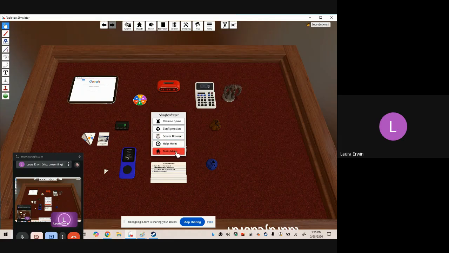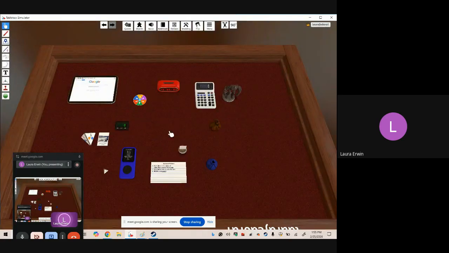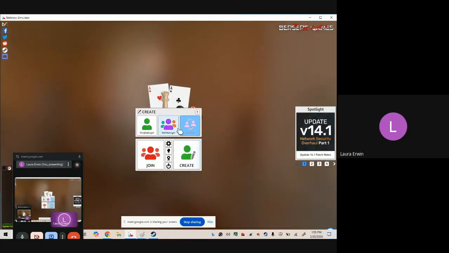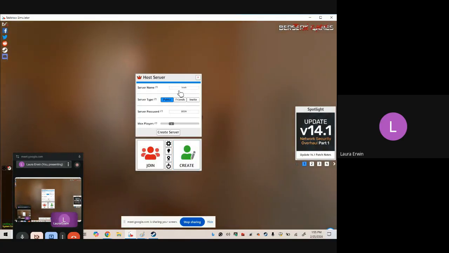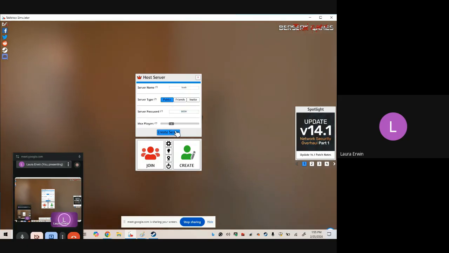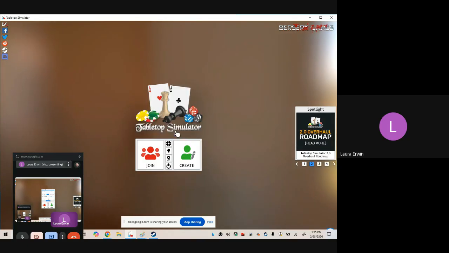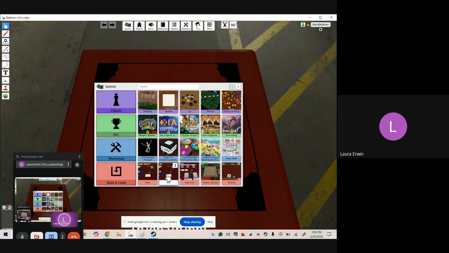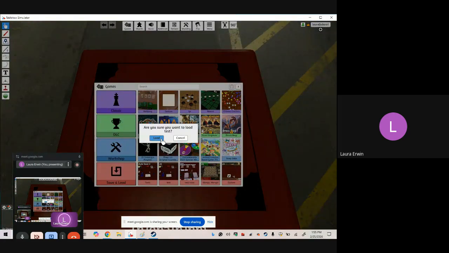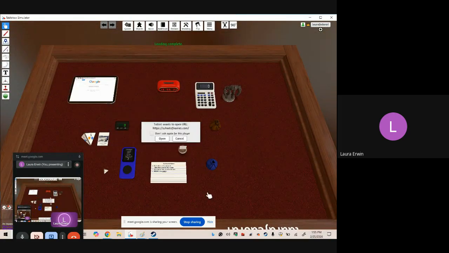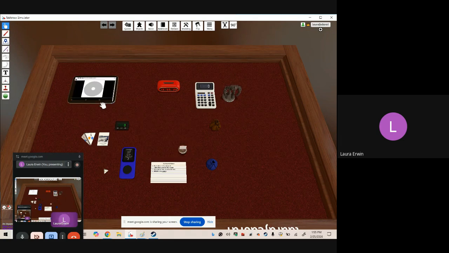But if you're just trying to play with friends, we can go back to that main menu, and we can create a multiplayer game. Now, my server name is book. I've set it for public. My server password is book, and I set a max players to it. I can create a server, add in any game I want. So I'm going to add in my test game. And this is very cool, though. Honestly, like,